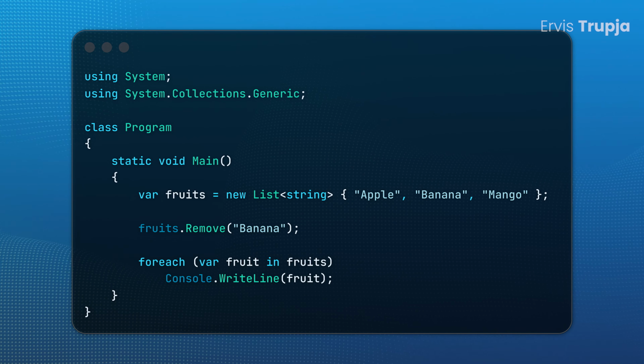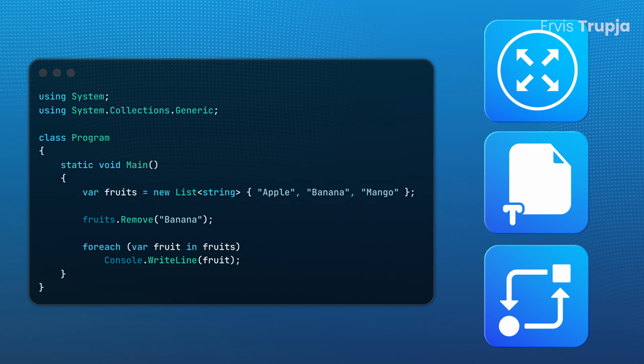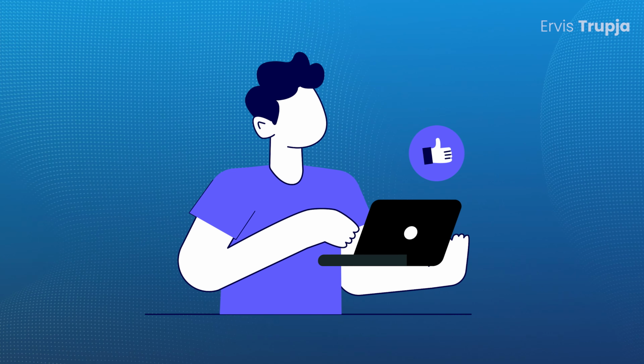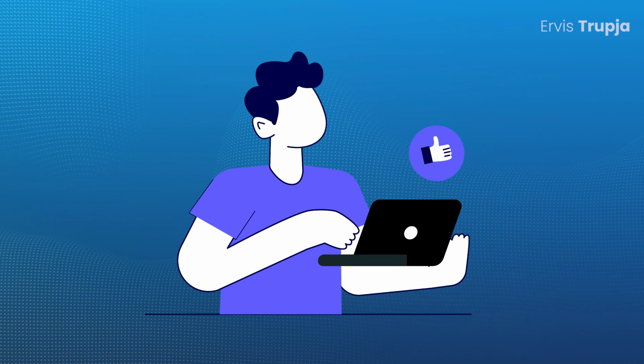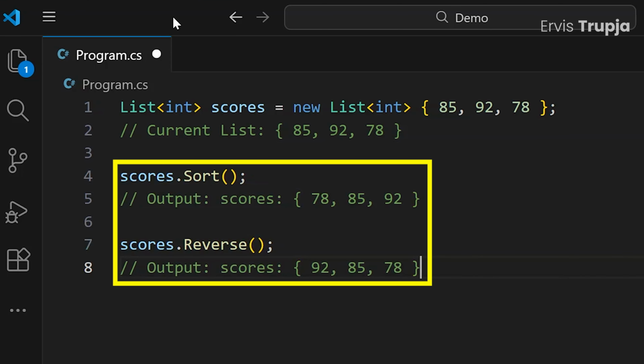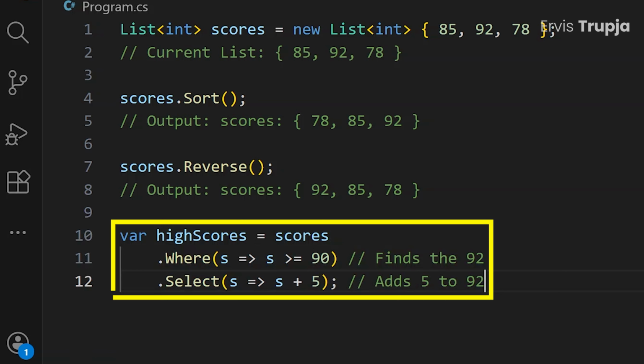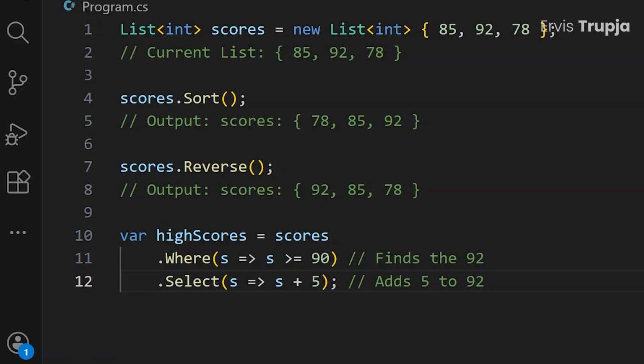Lists in C# are dynamically sized, strongly typed, and compact with useful methods, making them the go-to choice for most scenarios in development. If you want to organize data in lists, you can sort and reverse them using built-in methods. Plus, lists integrate seamlessly with LINQ, giving you powerful querying with Where, Select, and OrderBy methods for filtering, transforming,